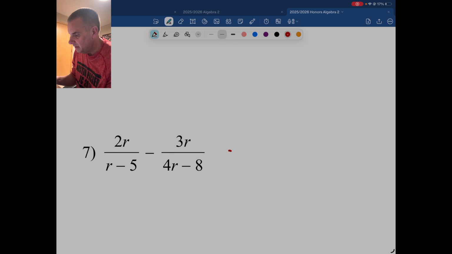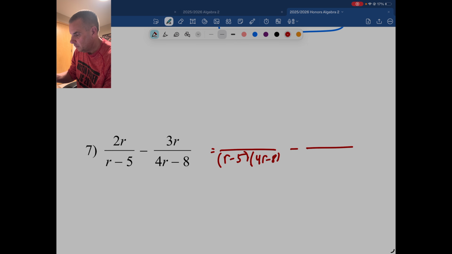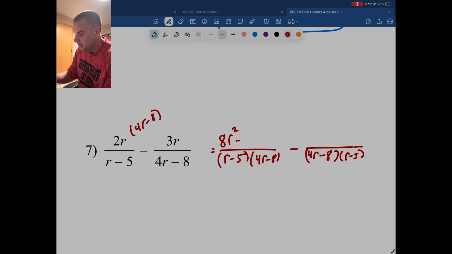So common denominator, r minus 5 times 4r minus 8 minus 4r minus 8. I don't know why I turned it around, but I did. R minus 5. 4r minus 8, so that's 8r squared minus 16r, there's r minus 5,